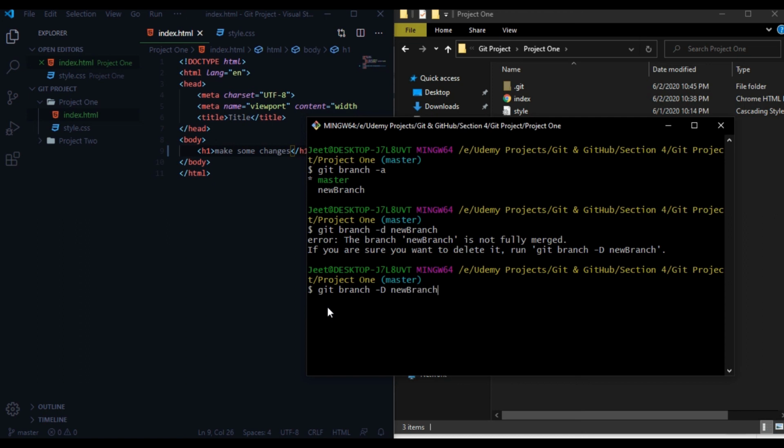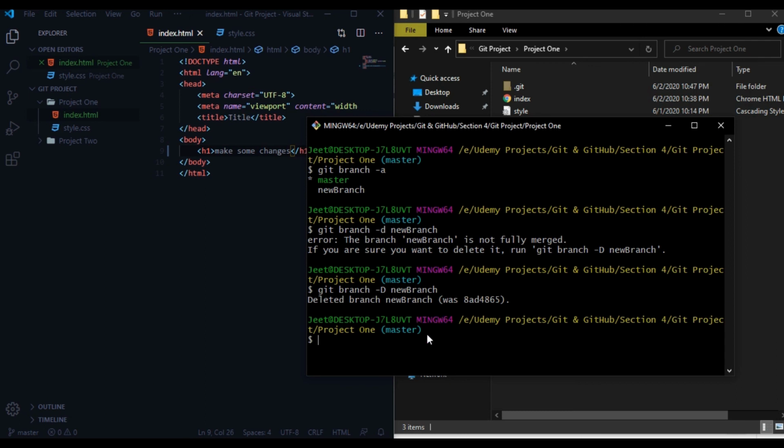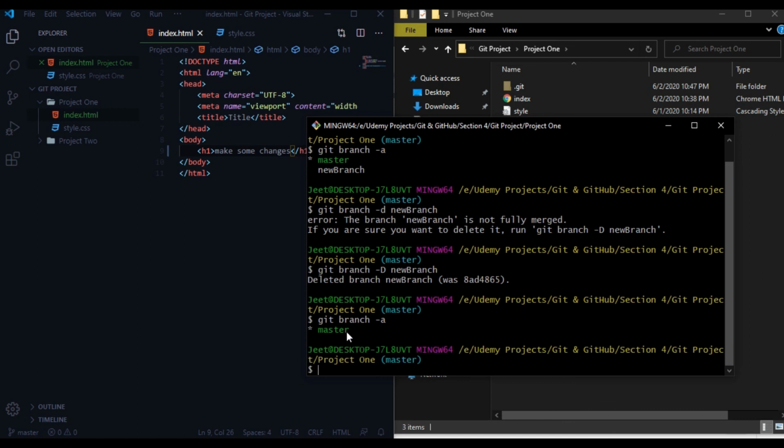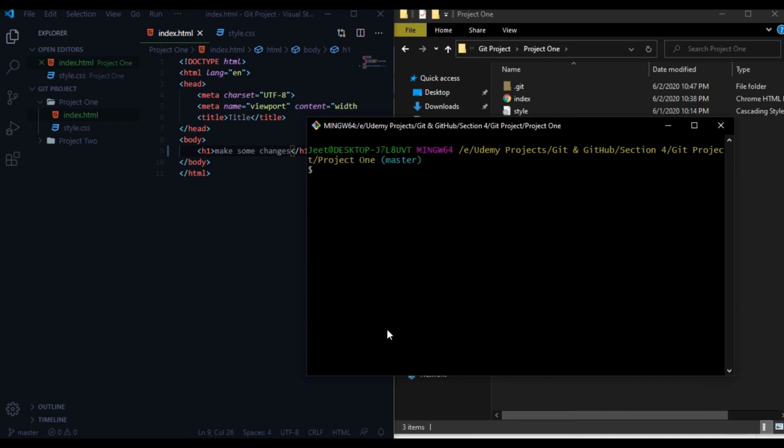Now if I press enter, deleted branch. So if I show you git branch, all the branches, as you guys can see, we have only one branch here. So I hope you understood it, and we just saw how we can create branches and how we can delete branches. So it's pretty much easy, and in the next video we will see how we can merge two branches together,